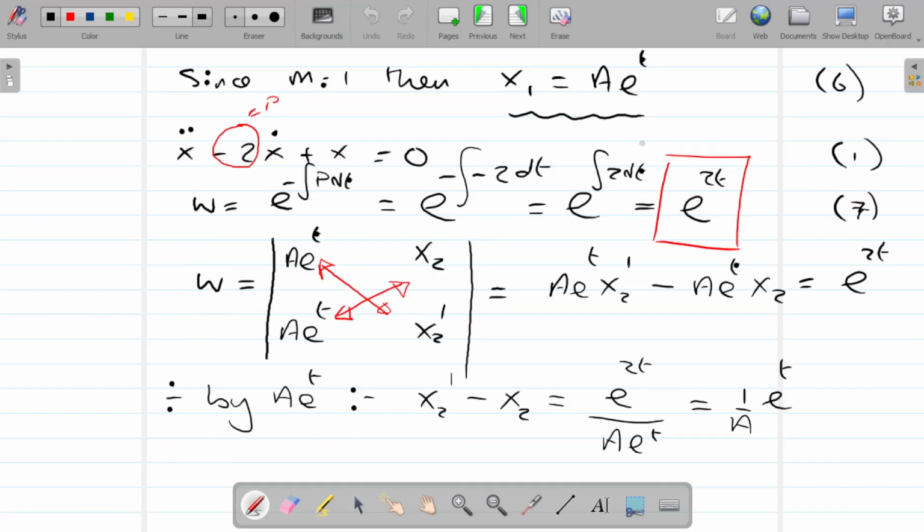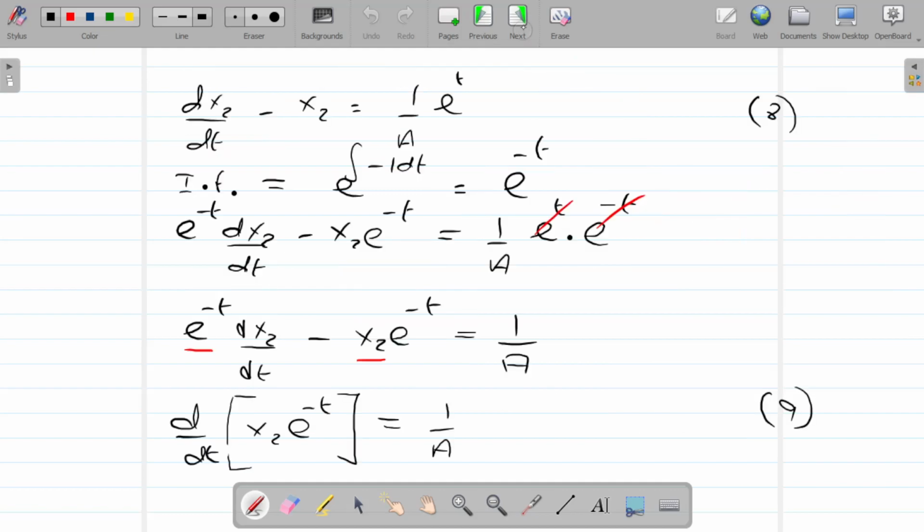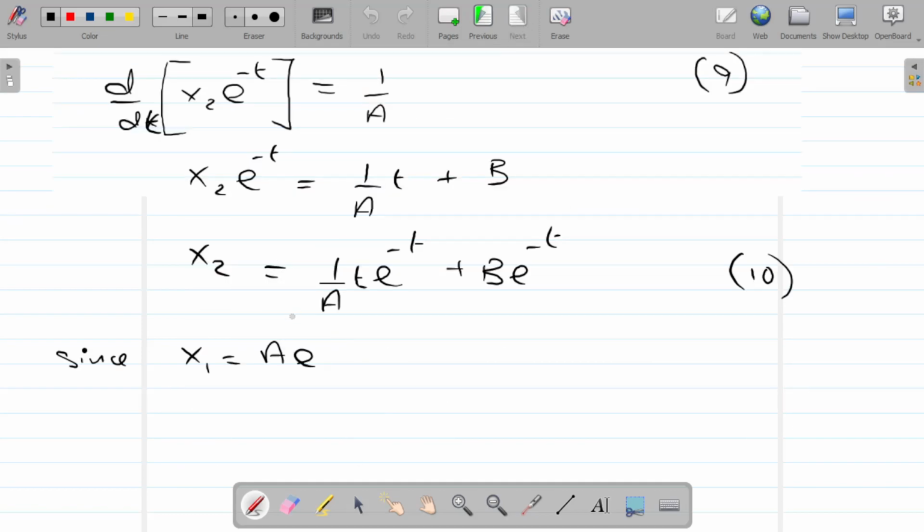Yeah, x1 equals a e to the t. Then the general solution is